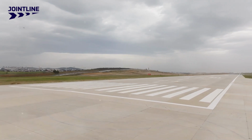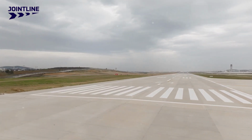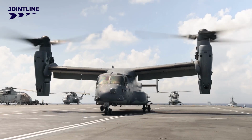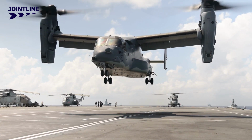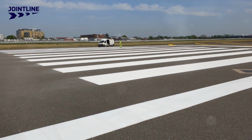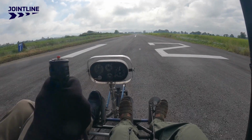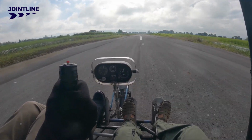Jointline is a market leader in airfield and airport line marking in the United Kingdom and across the world. Servicing airports, airfields, and military sites, Jointline's rise to the top has been powered by a relentless commitment to quality, safety, and innovation. Line marking, from complete runway delineations to taxiway demarcations and hazard identification, is an indispensable component of